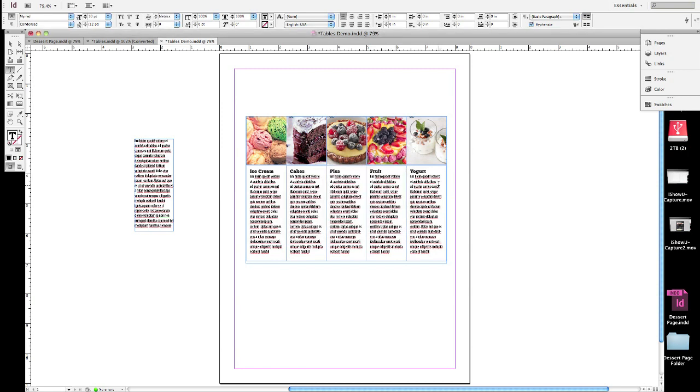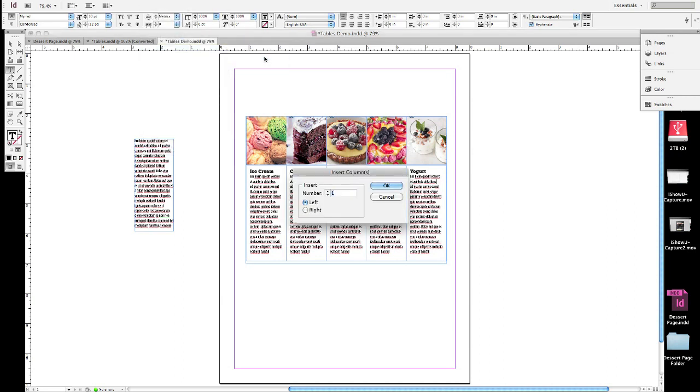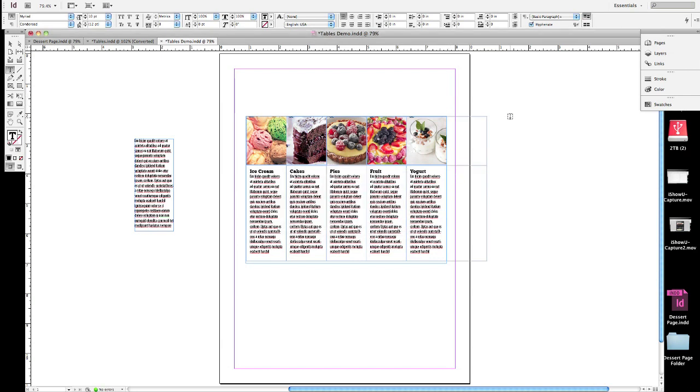Actually, I'm going to click in this last cell here. Let me go up to Table, Insert a Column, and I'm going to insert one column to the right of this column right here, an extra column. So I'll click OK, and there is my extra column. So that's really nice, and then I can actually, if I wanted to, I could